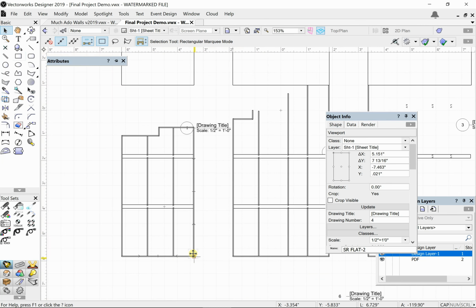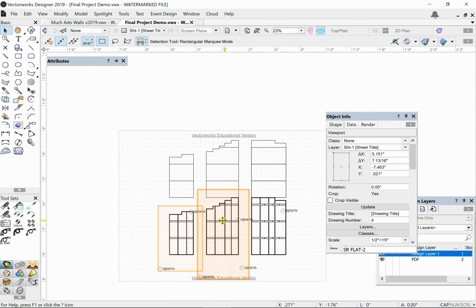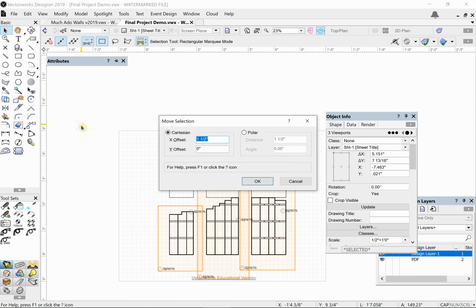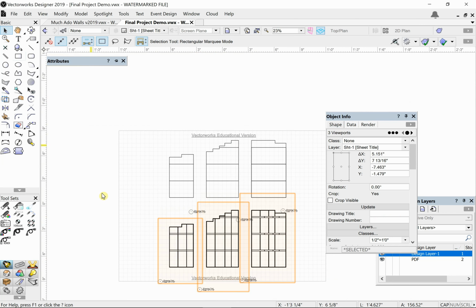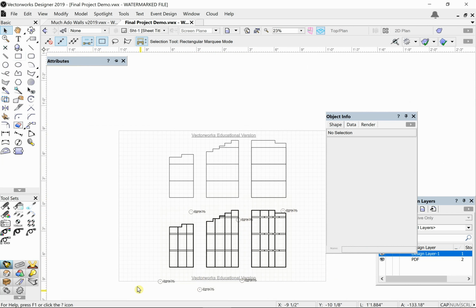There we go. And we'll move them both down. All of them move down like, well, 1.5 would make sense, but do I have the space? I do, if I move everything over